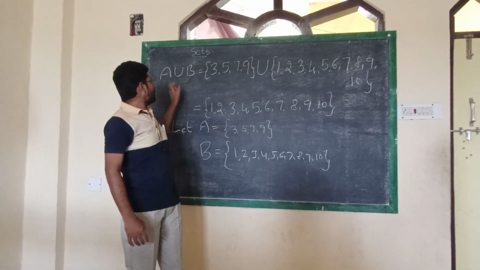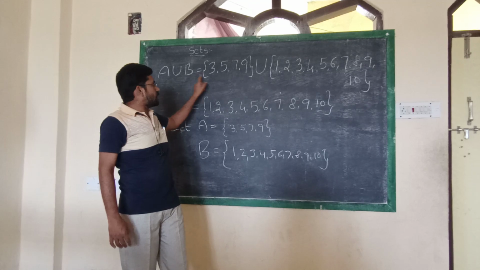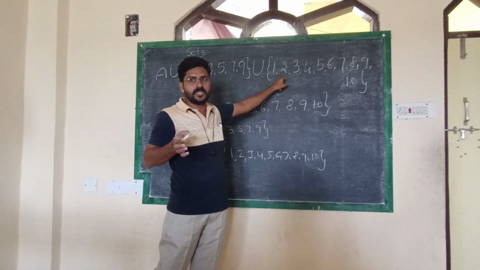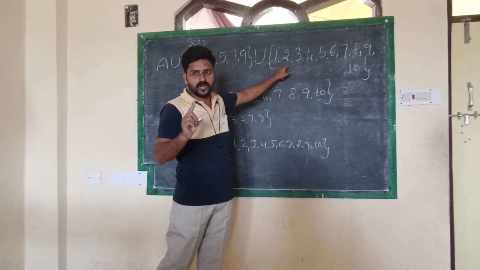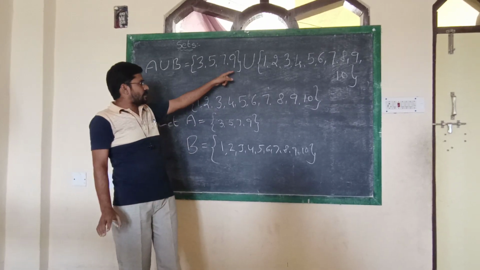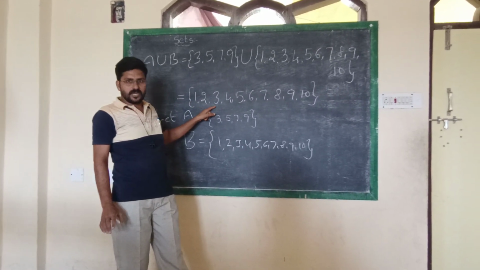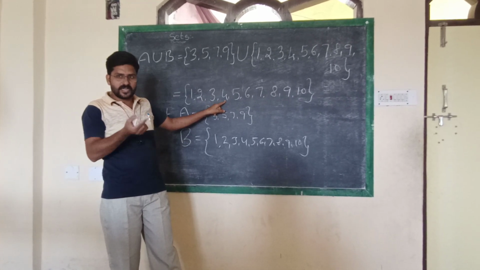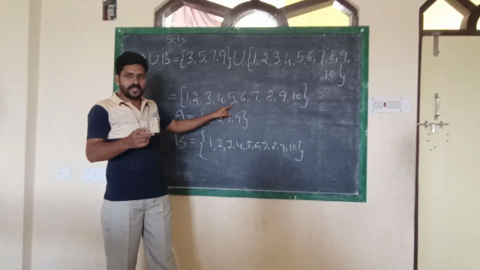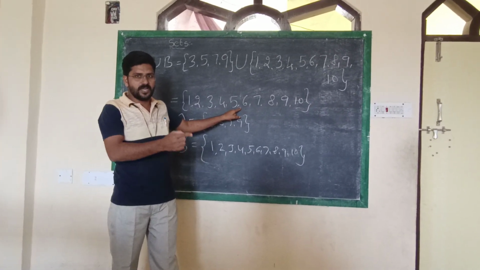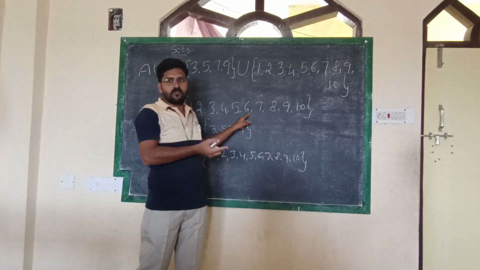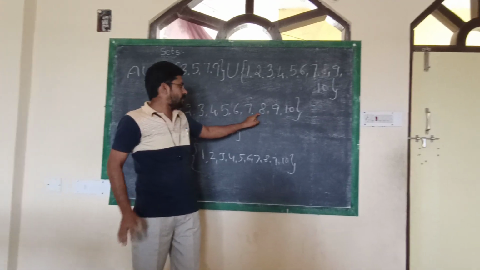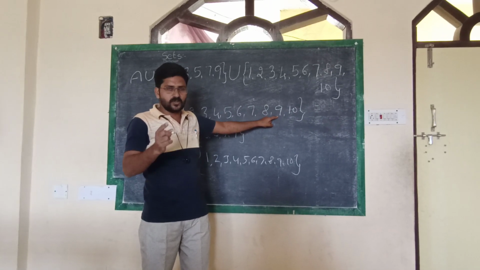Now union of A and B I find. So A union B is equal to set A union set B. Union means we have to take the elements together, but which is repeated in two sets, we have to take only once. So we can take now together 1, 2, 3. 3 is repeated in two sets, we take only once. 4, 4 is from set B, you can take as usual. 5 repeated, take only once. 6, it is from B. 7, it is in A and B both sets, you take only once. Next one is 8, it is from set B. Next one is 9, repeated in two sets, you take only once.